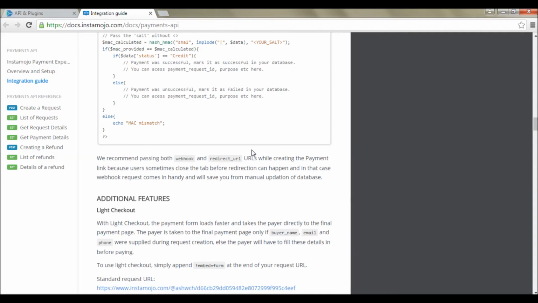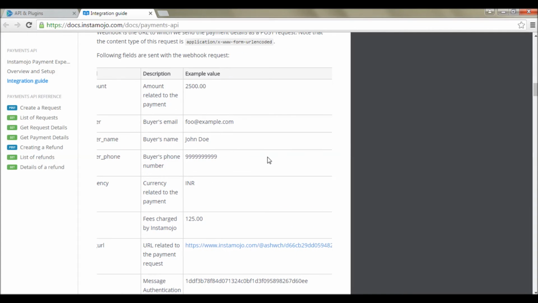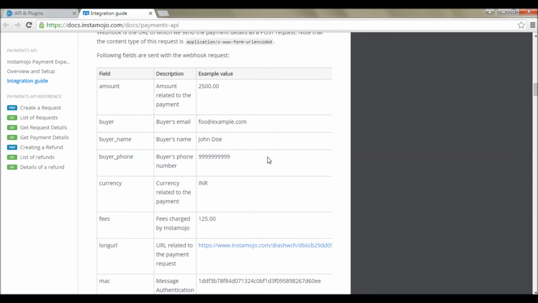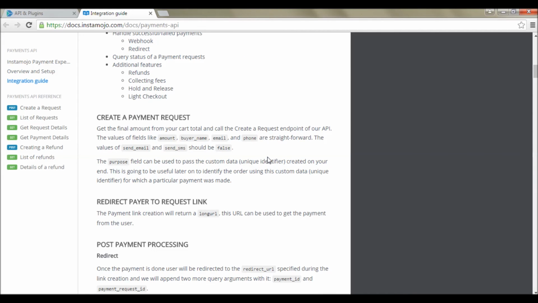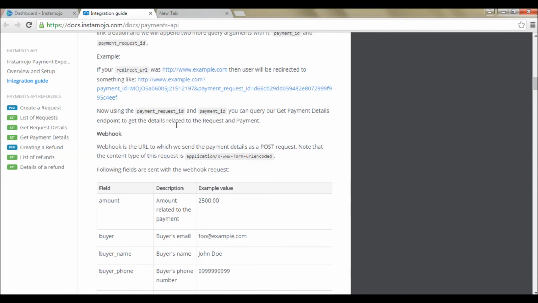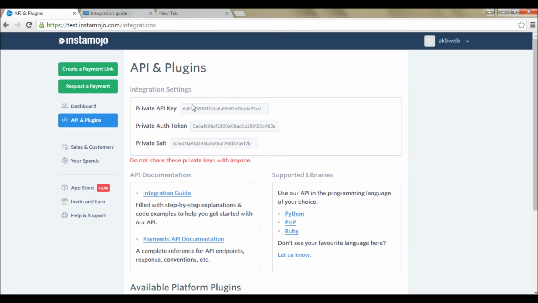To demonstrate what it does exactly, we'll look at a small example in which we'll be creating our own simple webhook page and try to understand how it works. The webhook is something that happens after the payment is done, so it would be very uneasy to test if you have to process a dummy request each and every time and then enhance the feature. So Instamojo allows us to do a webhook request without actually